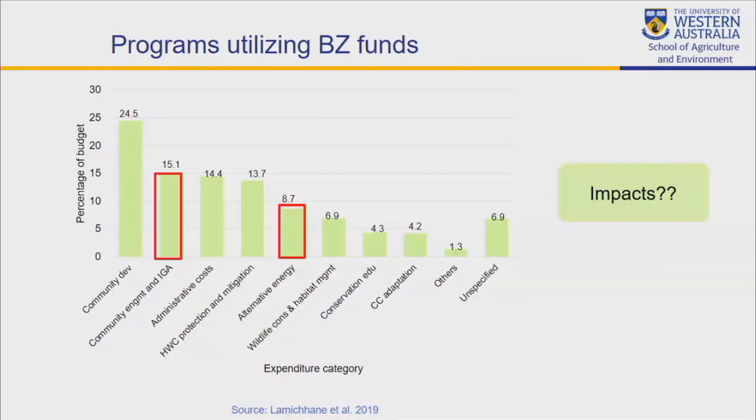So there is this revenue coming from the park every year, and it goes to the buffer zone communities for carrying out different kinds of activities. So every year various kinds of activities are carried out. For example, community development, income generating activities, activities related to human-wildlife conflict mitigation and protection, and activities related to alternative energy programs, wildlife conservation and habitat management, different kinds of conservation education and awareness programs, and activities that are related